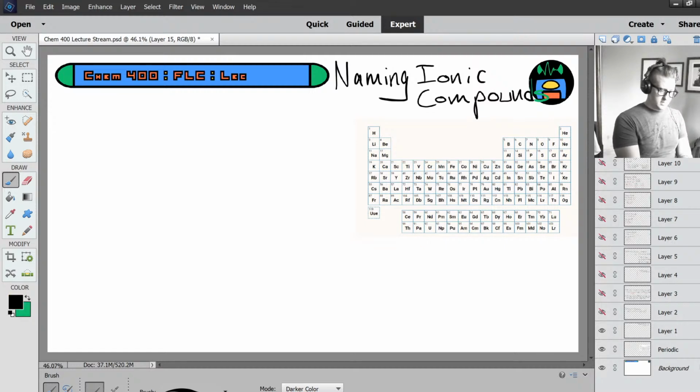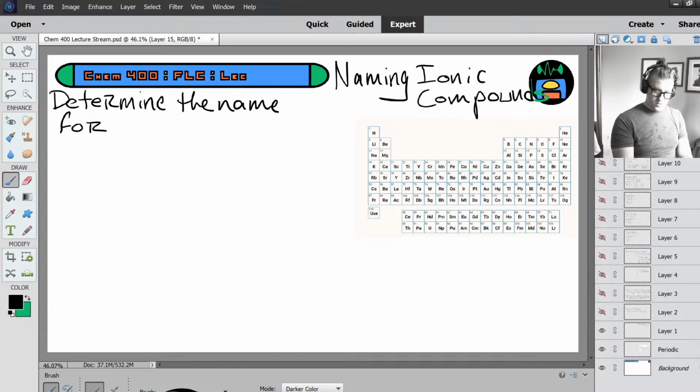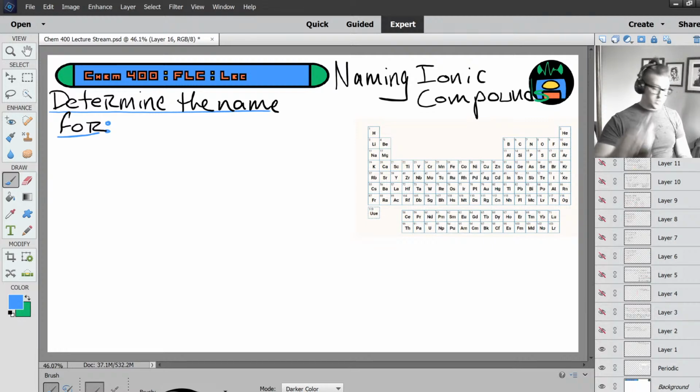Let's practice taking a chemical formula and determining a name. So determine the name for